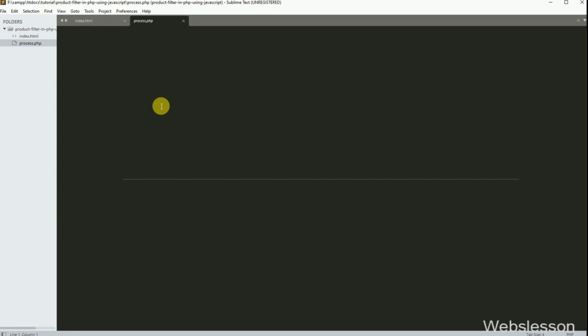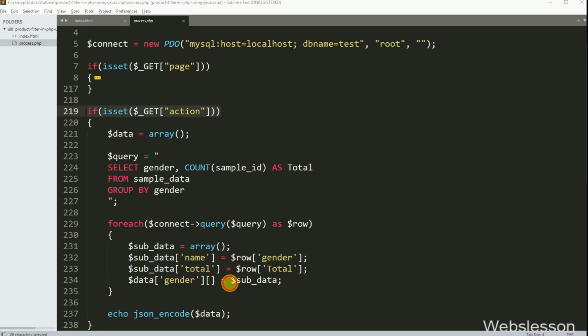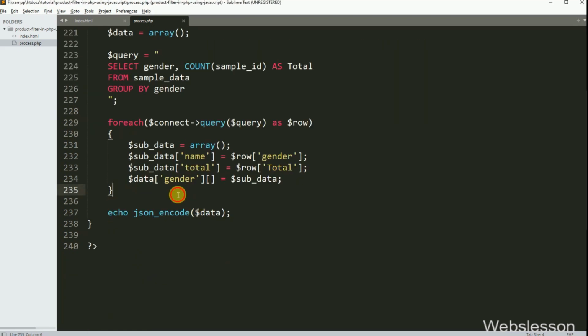Now to fetch the price range filter data, we go to the process.php file, and here we go into this if block of code. And here we have written the $price range variable equal to an array.